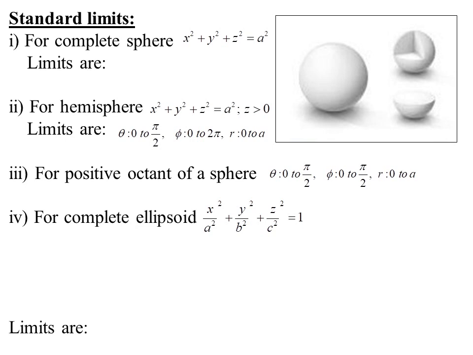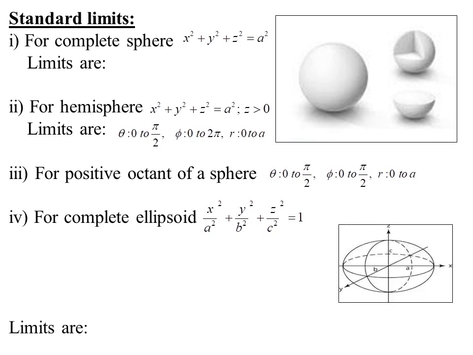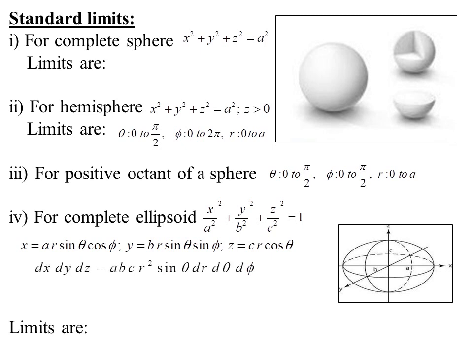Now let us go for the further example of a complete ellipsoid. The ellipsoid whose equation is x square by a square plus y square by b square plus z square by c square is equal to 1. If you could imagine a rugby ball to understand the ellipsoid. Here I am drawing one figure also. So this is our ellipsoid. You can consider a watermelon too to picture the ellipsoid. So for the complete ellipsoid, what will be our limits? That we are going to find out.